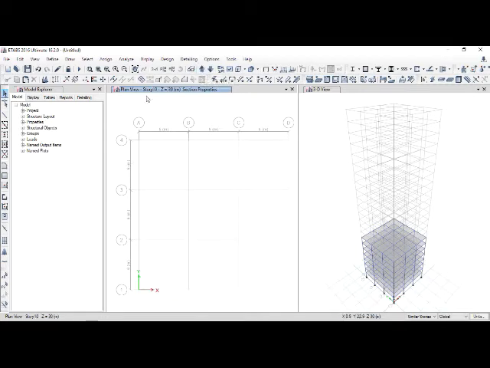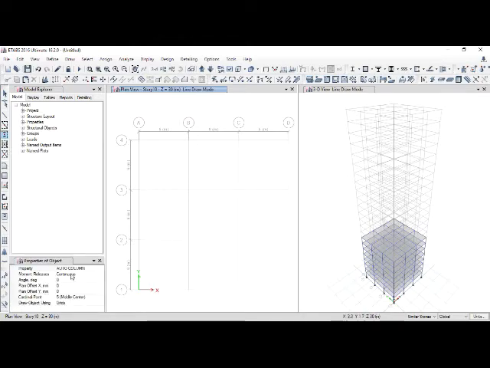Similarly, go to any story between 9 and 14, and I'll create columns for the desired shape. So all the stories between 9 to 14 will be getting those columns.